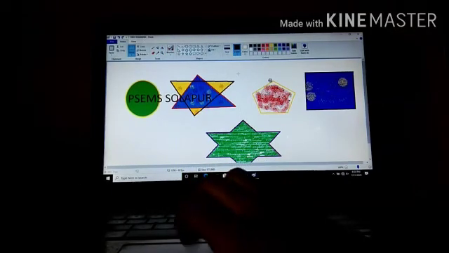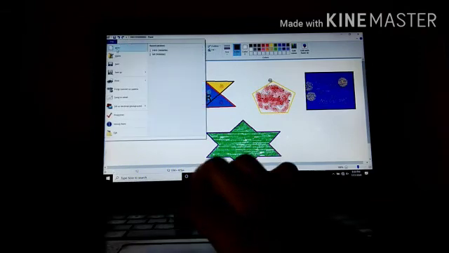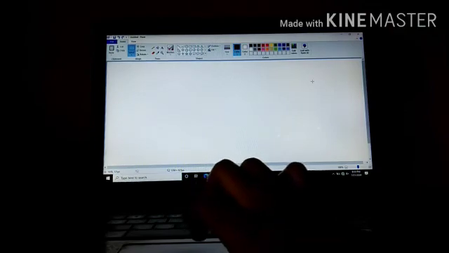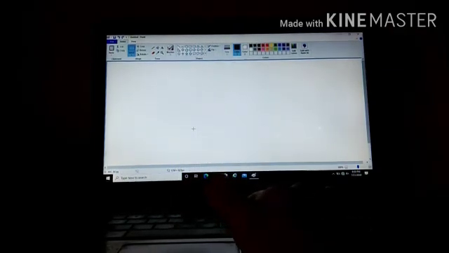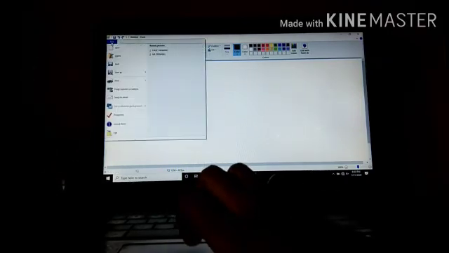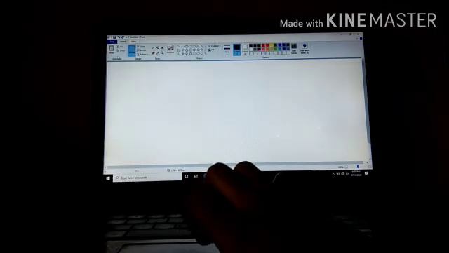I will open a blank drawing. Now this is over. Now I want a new drawing file. For that, click on the file and then new. A new blank page came, right? Now suppose I want to open the previous file, the one I just saved. Did you see that, right? So I want to open that same file. How to do that? We have to go through the file, then open.